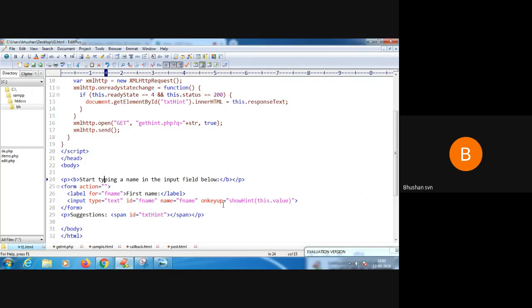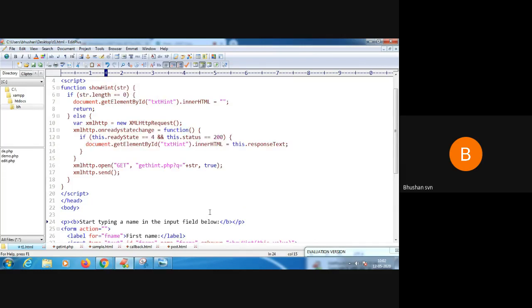Onkeyup. You know what the onkeyup event is? I can just press a single character here, and I am passing a function to that, showHint. That means dynamically it has to happen on the key event. It's just a method of the onkeyup event, and this.value is whatever character I am passing to the text field. And the suggestion ID is equal to txtHint. You have one ID. It means there are two IDs. One is to give suggestions, and the other is to enter the characters in the text field.